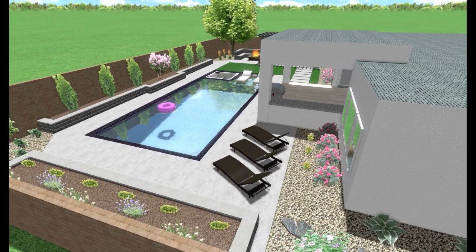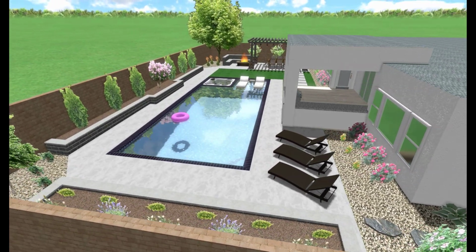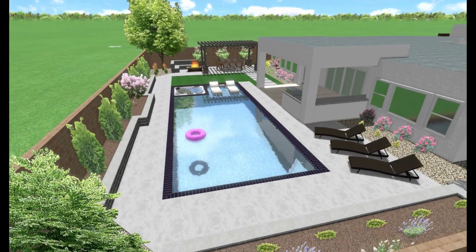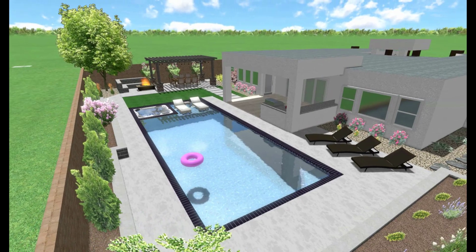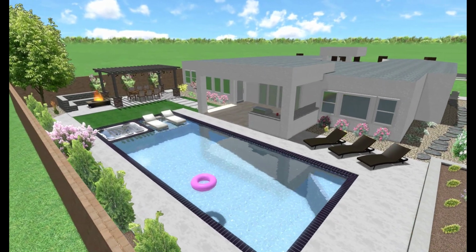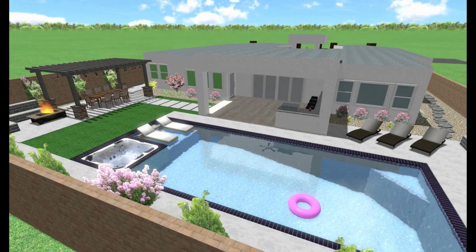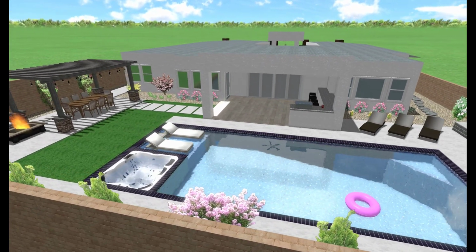Welcome to today's video. I want to show you how I made this exact backyard. This video does not include how to model the house. That's in some other videos of mine here on YouTube. But this pool we did, the hot tub we did, this little shelf with seating areas we did, it shows